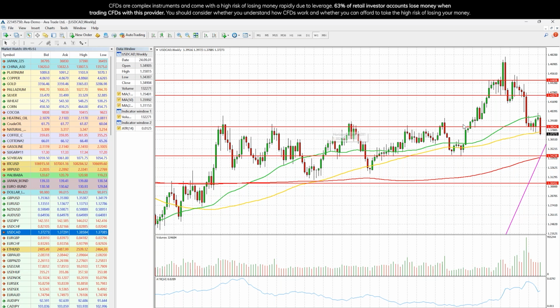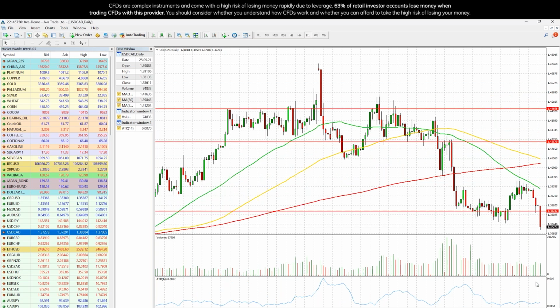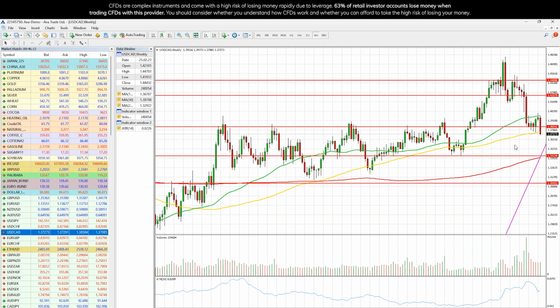This was this line here where we had a lot of resistance. We did have some support here, as you could see the moment we came to that level, and this past week we just broke through it, and on high volume as well. So USD CAD has a potential to continue lower, and if that happens, we might be moving to around the 134 level, which would be the previous strong support here, from which we made a high. Also it would be around the 200-day moving average here.